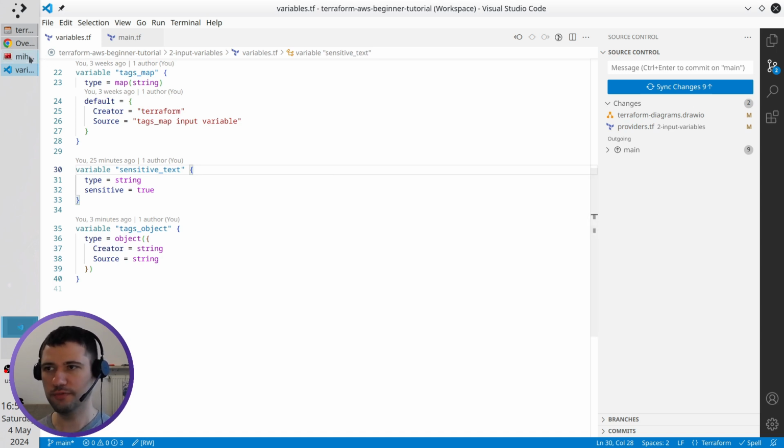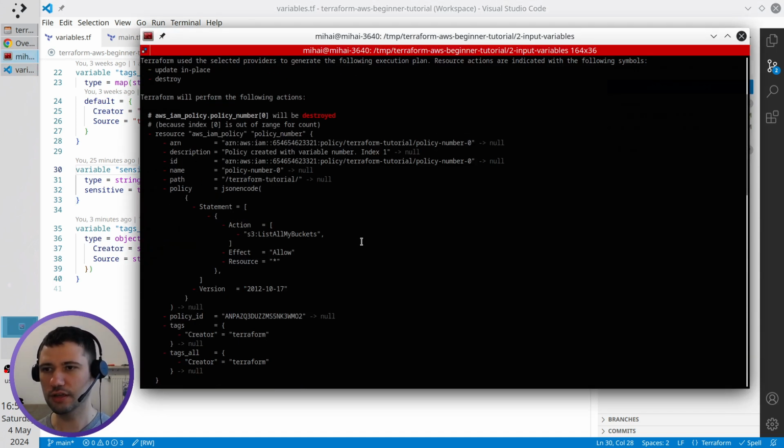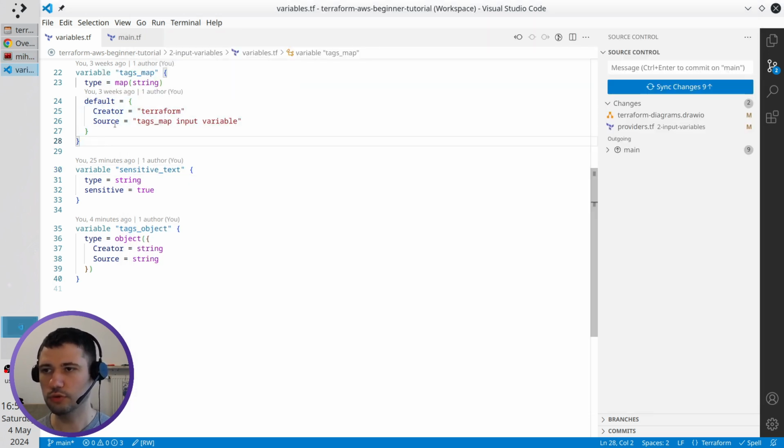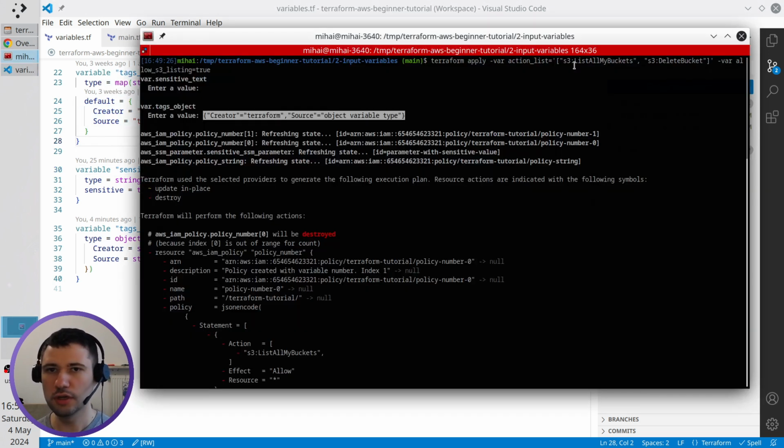Look, I'm very annoyed to write every time those action list or the tags object, which is a big string, and I can make mistakes, I can write it wrong. So instead of writing default values, maybe you don't want to put here a default value. Instead of writing here action list and allow string or writing the variable every time manually, I will use environment